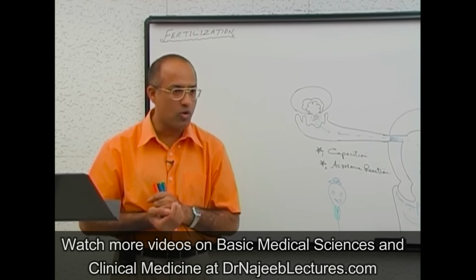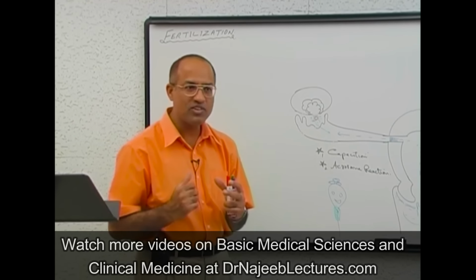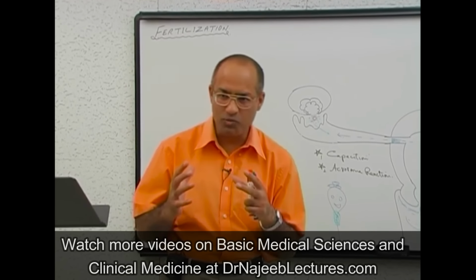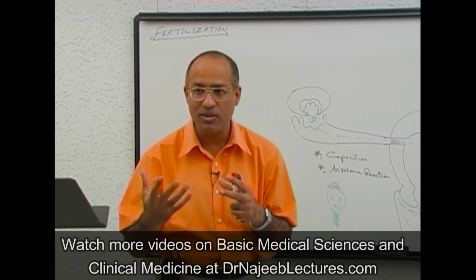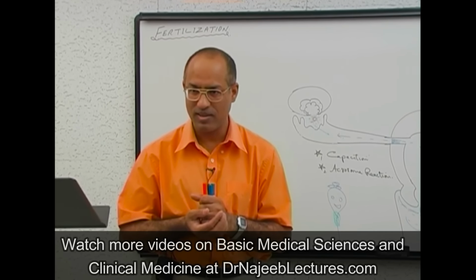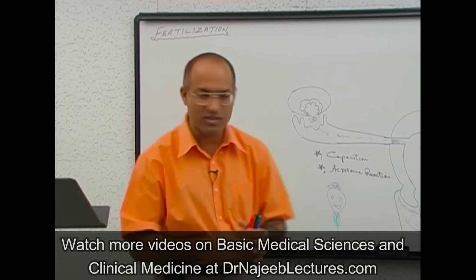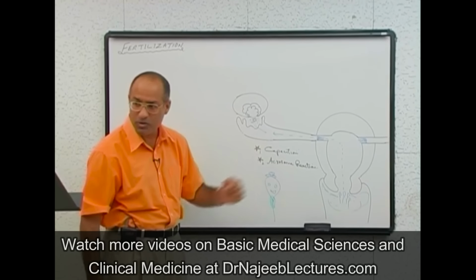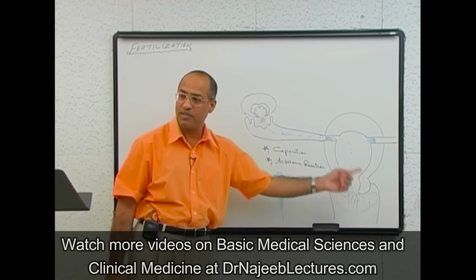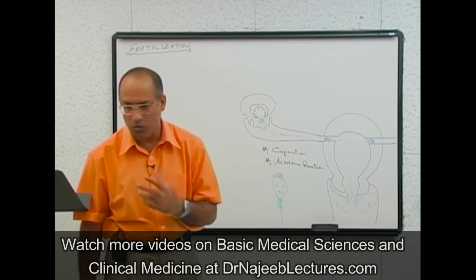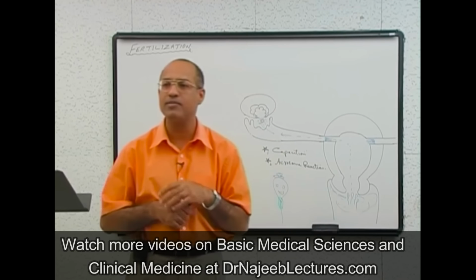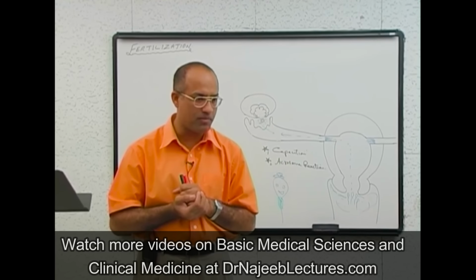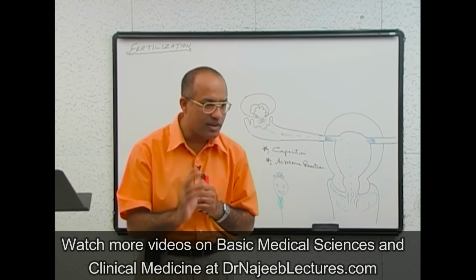Now what is capacitation reaction? Capacitation is a special type of conditioning of sperm within the female reproductive tract, and it takes about 7 hours. Even the fastest sperm may take 5 minutes to reach here, but it cannot fertilize immediately. What you remember was 7 hours, that was not the travel time, that is the capacitation time. Capacitation is a special type of conditioning of the sperm when it is present within the female reproductive tract.